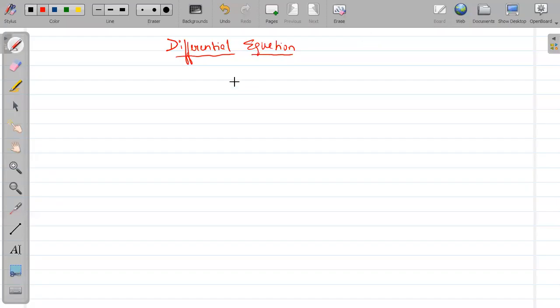Yeah. So starting the chapter differential equation. This chapter is very important for JEE Mains and Advanced both, because definitely for sure one question will be coming from this chapter. Definitely you will be getting 4 marks for sure if you have the complete idea, the types, if you remember.